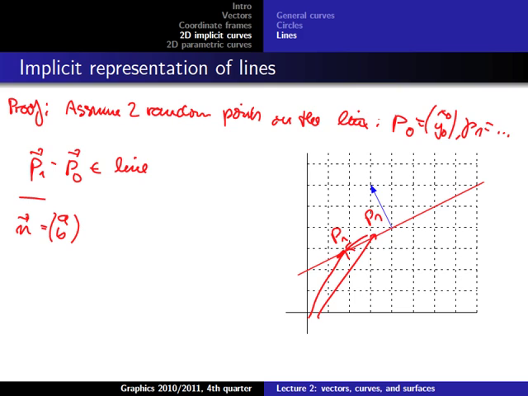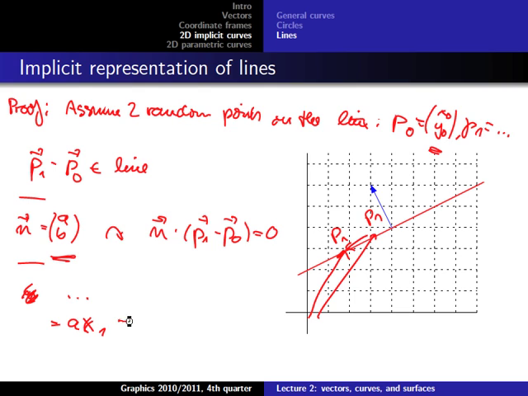So we can just check if the scalar product of n times (p1 minus p0) is 0. And if you multiply that out, using these values here and writing it out, I'm running out of time, so I'm skipping those steps, then you will come to